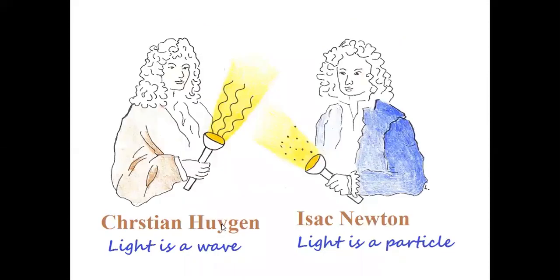Then came Christian Huygens, and Christian Huygens and Isaac Newton had a war. Some people were saying that light is a stream of particles, and because of its high speed, light travels in a straight line. But Christian Huygens said that light is a wave. This war went on for a few years, but Christian Huygens' wave theory stood strong for the reason that it could explain reflection, refraction, interference, diffraction, so many phenomena of light seen in those days. And even to explain interference of light, Thomas Young's double slit experiment, wave theory was used. When that practical observation was explained using wave theory, it became very strong.